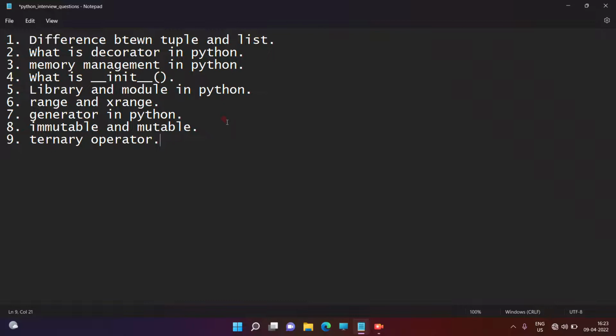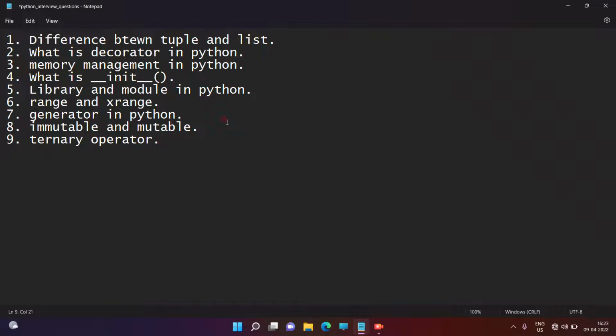So what is a ternary operator? I will tell you the definition and use of the ternary operator. It is writing the implementation of an if block or any conditional block, writing a conditional statement in only a single line instead of multiple lines. You know the different conditional statements: if, elif, else.